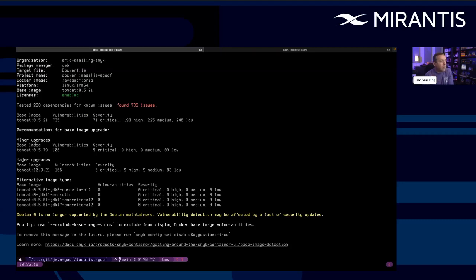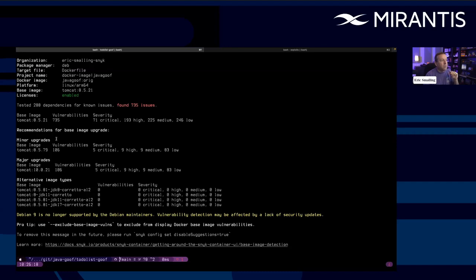But one thing our tool does that I do like is that at the bottom here you can see that we've detected that this is a Tomcat 8.5.21 base image. Now, if any of you out there who are like me are a Java developer, you know that's hella old, and it's just a really old version. I use it for this demonstration because there are plenty of operations teams out there who will deploy something and then take the "if it ain't broke, don't fix it" point of view. Especially for an app that maybe is in legacy, keep it alive kind of. We don't want to touch it. We just want it to run and do its thing.